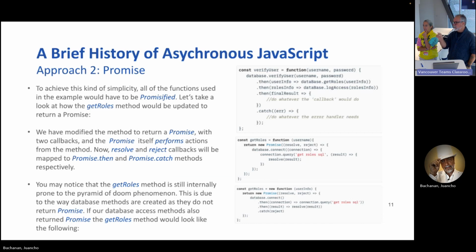Then is an arrow function that takes connection to connection query, get roles SQL. And then if that succeeds, that's going to be a promise that will result in a result, and then that result will resolve to a result. And so that's more how it's flowing. Sorry, I interrupted. No, that's it.